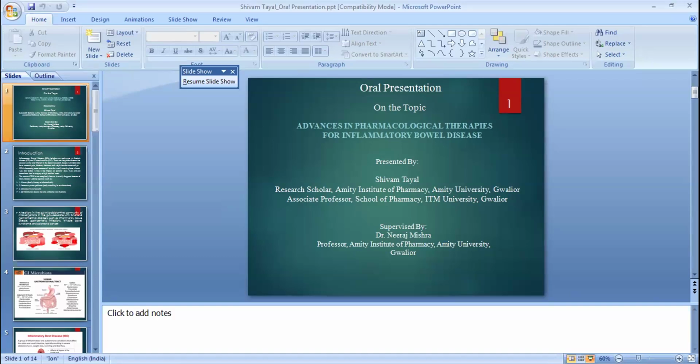This is the complete probiotic action in IBD, showing how it prevents IBD in our body. These are the possible treatments of IBD, like modification of the oral microbiota, and diet and nutritional therapy. And these are some biological drugs which are helpful in treating IBD. These are some challenges: these therapies are very costly, and certain side effects are also present. So in today's scenario, personalized medicine is very much required.